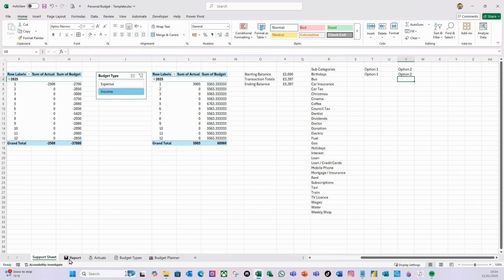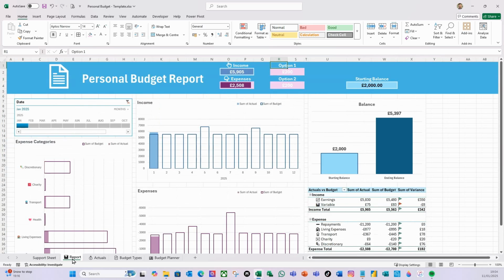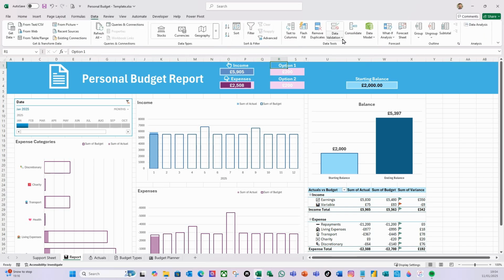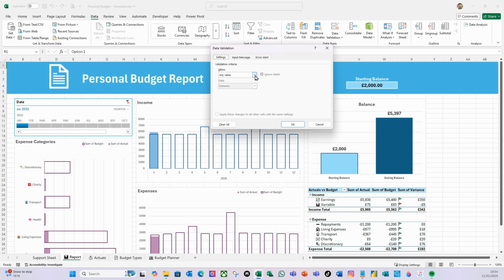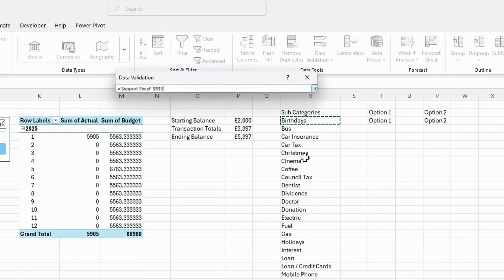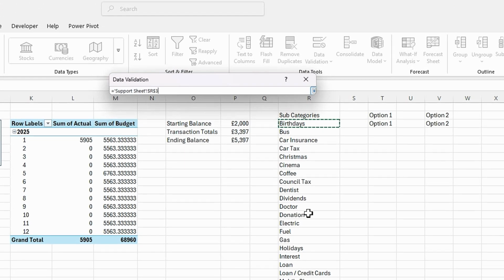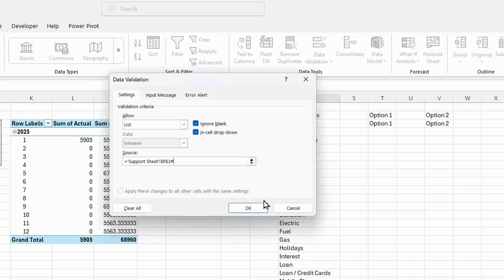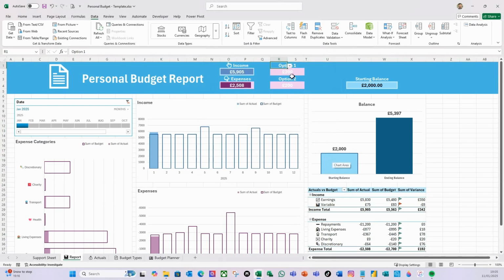Now what I'm going to do is, on my report, put data validation here. So I'm going to do data validation, select data validation again. I'm going to select list, and this time I'm going to point it to this sort here and do hash, so it includes the whole of the spill range, and then into that and into that. If I then take a drop down,